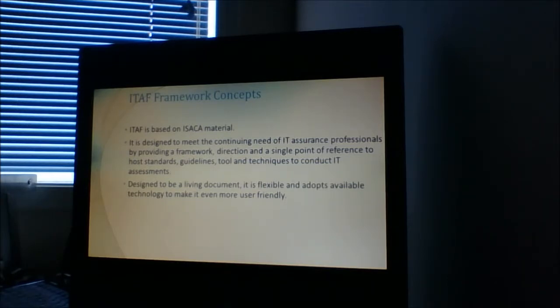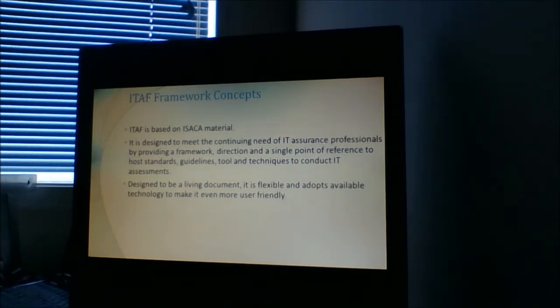This ITAF is based on ISACA material. This ITAF is a single source through which IT audit and assurance professionals can request guidance, research the policies and procedures needed to develop an IT audit, and obtain audit and assurance programs, which will help to produce effective audit reports.